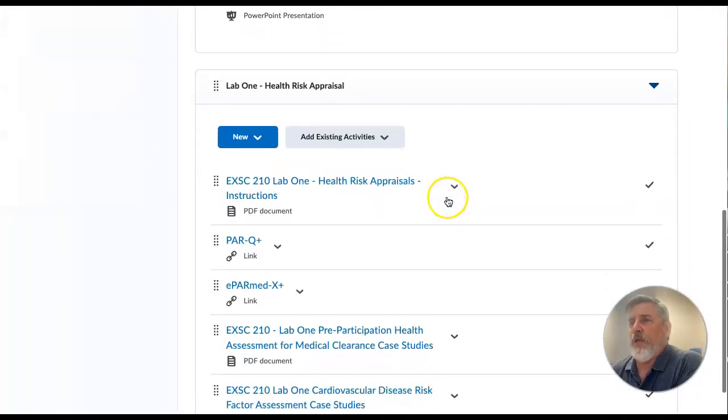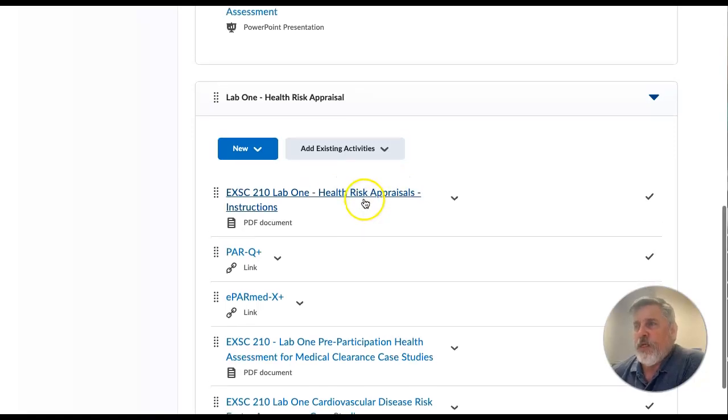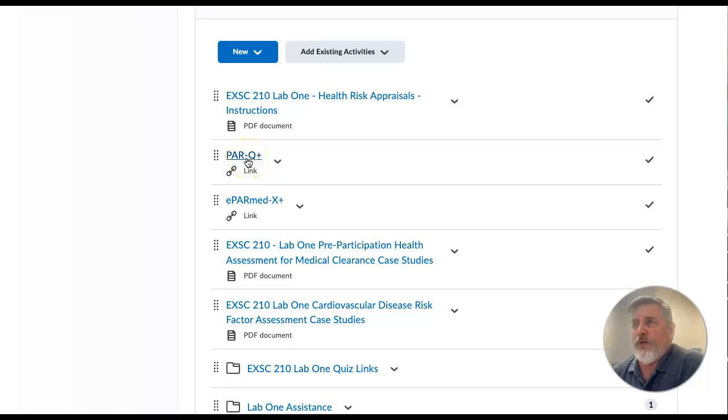So for Lab 1, you have the instructions. For Lab 1, it's on health risk appraisals. You have the link for the PAR-Q that you'll need to complete and then upload to the proper assignment box. If you're pregnant or think you're pregnant, you also need to do the ePAR-Med X Plus. You can look at this even if you're not pregnant. I mean, it's there just so that you know there is another